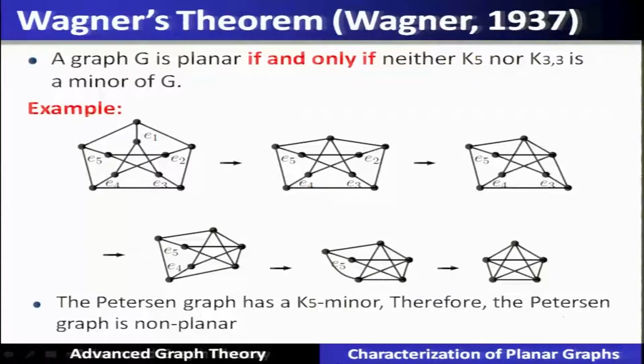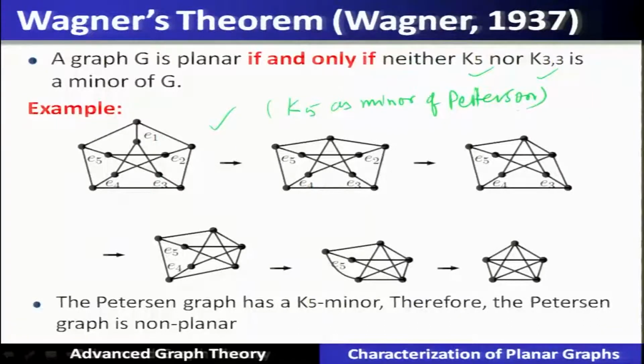With this, let us state Wagner's theorem given in 1937. A graph is planar if and only if neither K5 nor K33 is a minor of that graph G. Let us take the example of a Petersen graph, that is a well known graph, and try to obtain K5 or K33 as its minor. Now, for Petersen graph, it is easy to obtain a minor K5. So, we will choose to obtain K5 as the minor of Petersen graph,